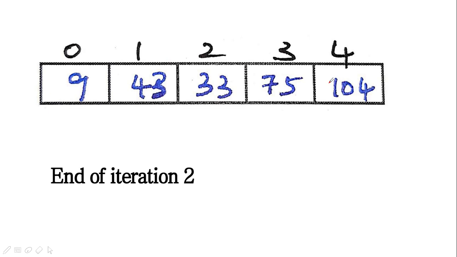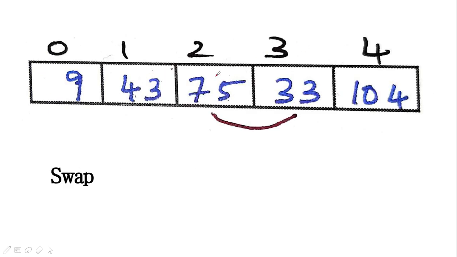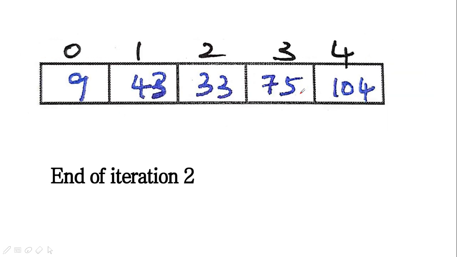So the first iteration only we have to come up to the third index. The second iteration we can go up to second index alone, because there is no need of comparison of these two. You can see that I just compared the element at index 2 with 3. I didn't do with 3 and 4, because we know that already at the last position the largest element has come. And after the second iteration, you know that these two elements are already in the proper position, so I need not compare them. So my process will be only up to this.